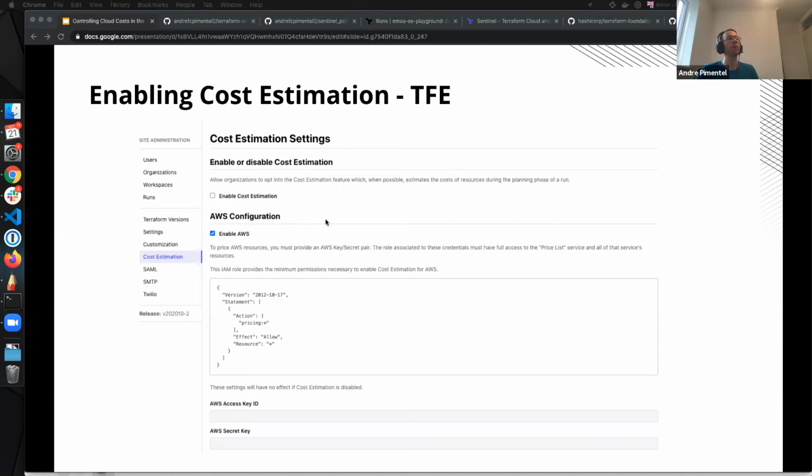On Terraform Enterprise, you can create your own cloud keys with just a granular permission on the pricing API, and that's it. Also on Terraform Enterprise, as you control the infrastructure, your cloud keys are there. But also as you have several organizations, you can enable cost estimation in a specific organization and others not.